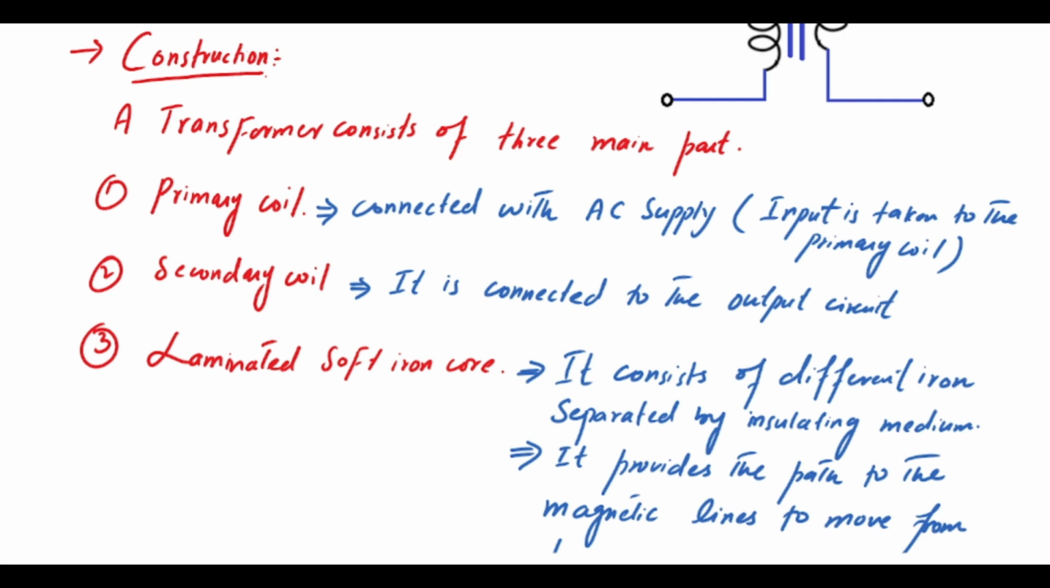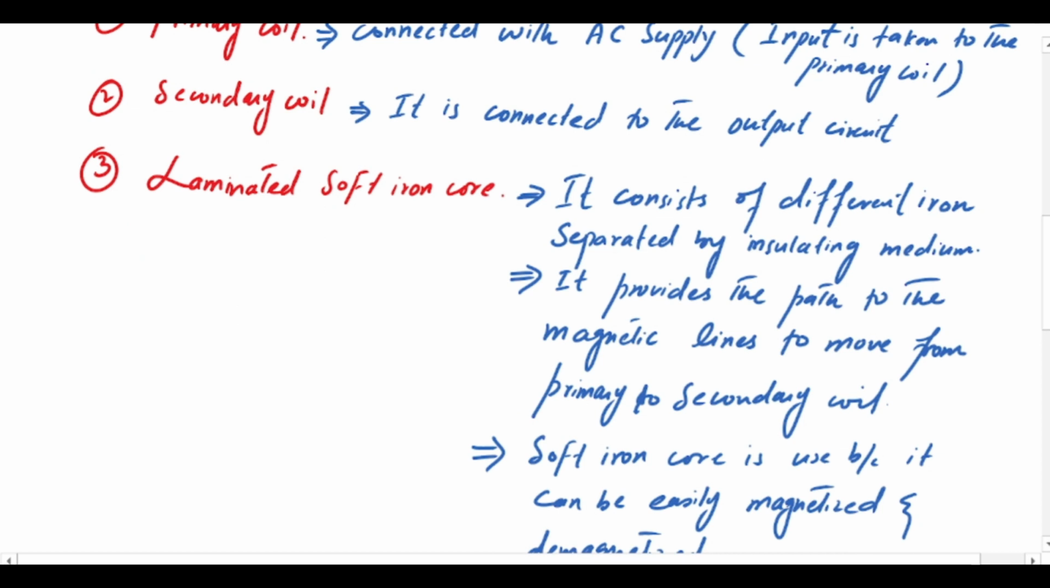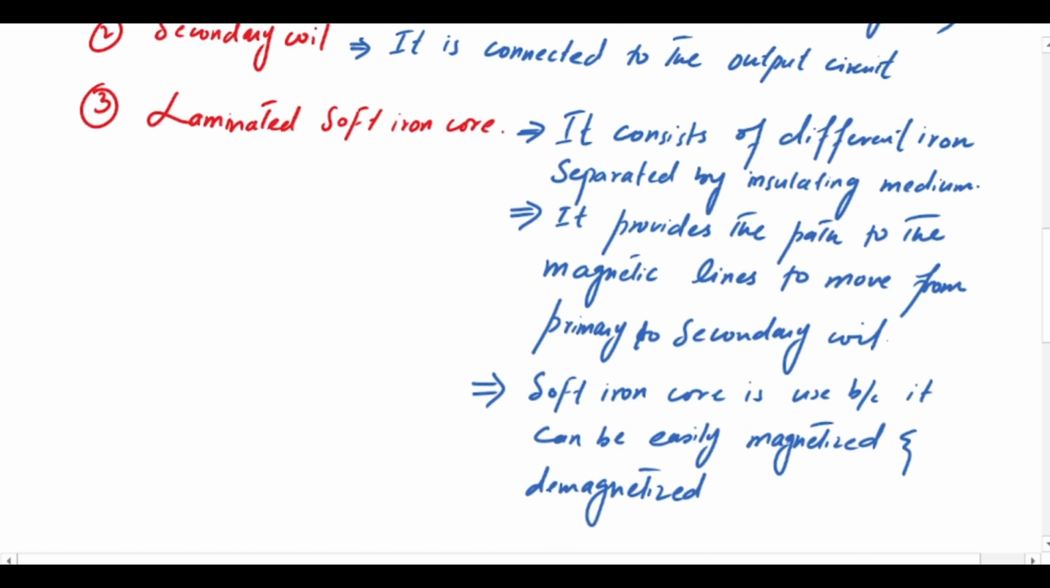Which is connected to the output circuit, means output is taken across the secondary coil. Next is the laminated soft iron core. These two coils are wound on the iron core strips, and it consists of different iron strips or sheets separated by an insulating medium. Basically, we are using the core because it provides the path for the magnetic lines to move from primary to